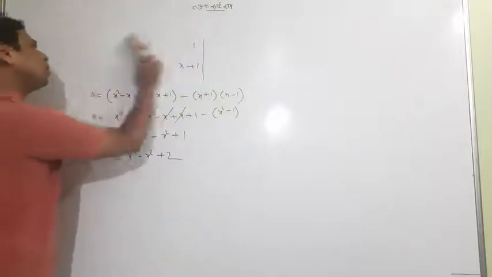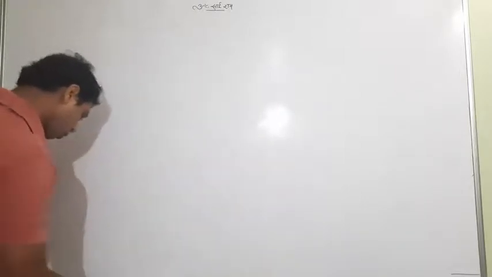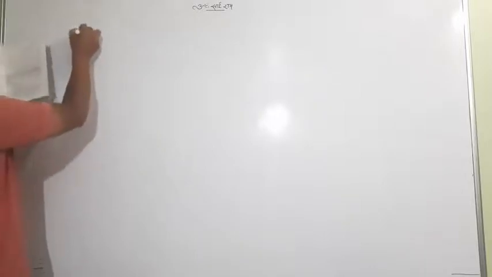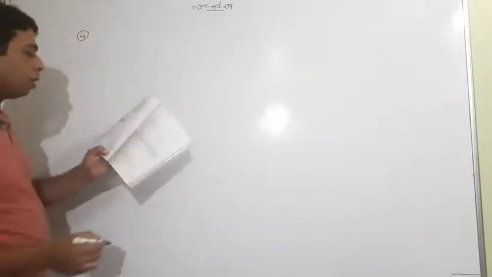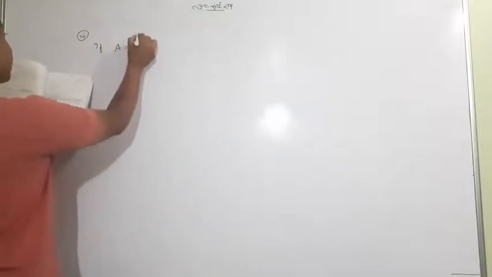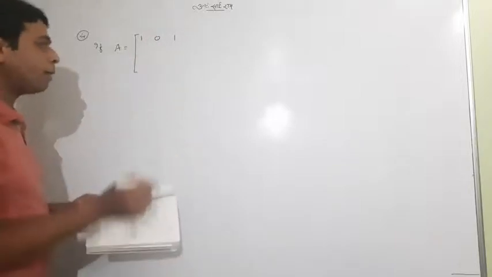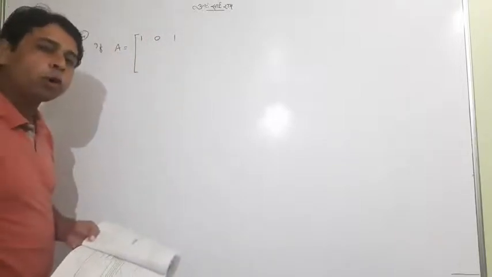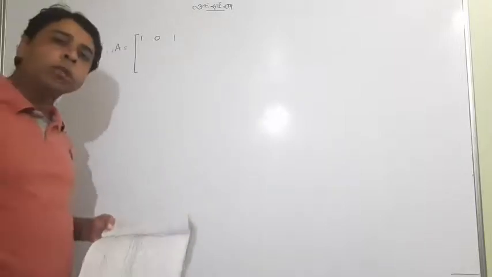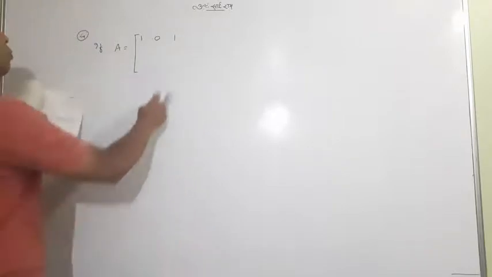So let me rub it, because it's a simple practice from your side. You can do it. Okay, let me put a fourth question. So let me say something: question number 4 and question number 3 are the same. So fourth, I'm telling you, if A is equal to a matrix, keep in mind, students, whenever you have a sign, matrix or determinant, use it properly. Otherwise sometimes students use matrix instead of determinant or determinant instead of matrix. So it's very confusing. You just make a practice. I think you can do it.